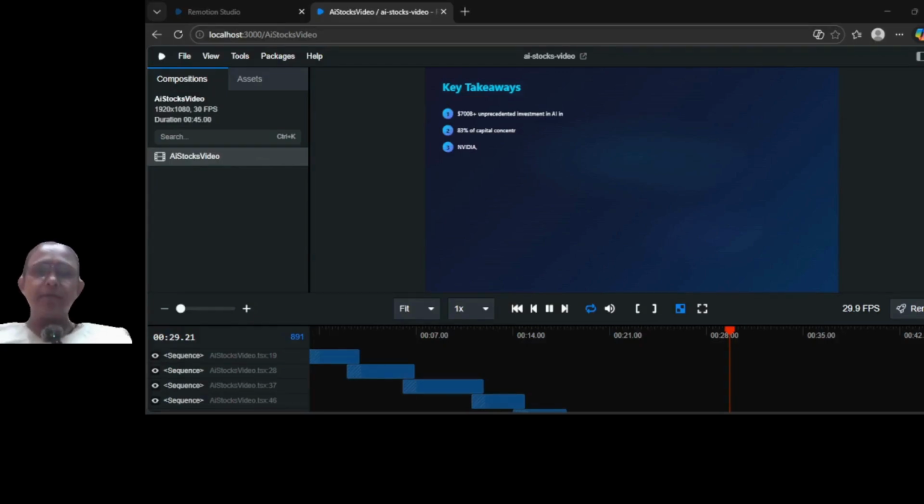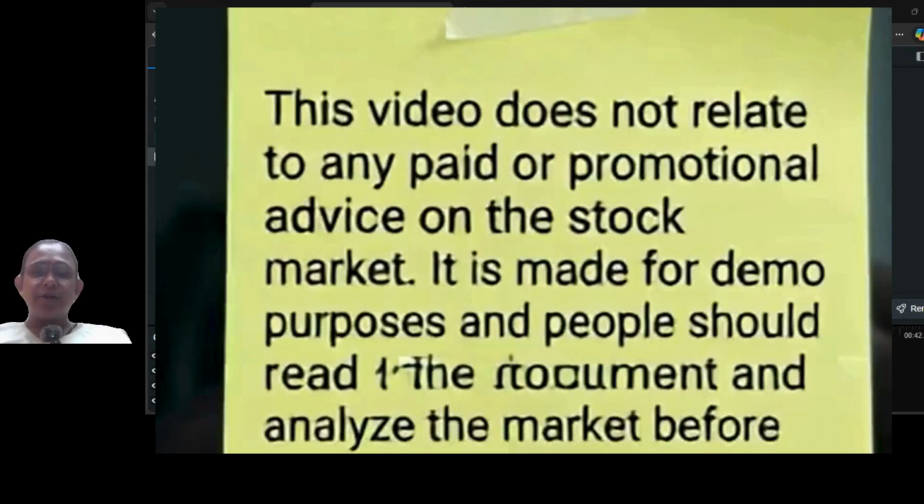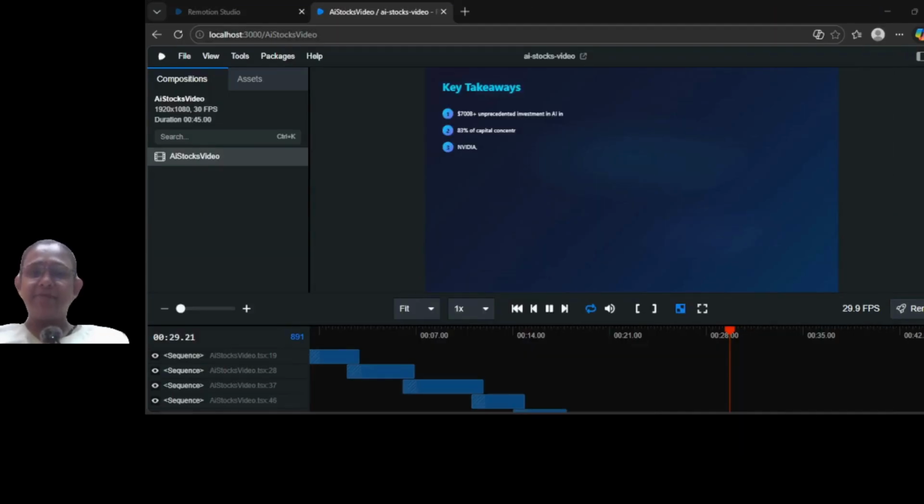Stop scrolling. This AI can create full videos with coding automatically. No editing, no timeline, no software struggle. I used Claude Remotion to generate this entire video. What happened next is insane. If you are a creator, a developer, or curious about AI, this might completely change how you